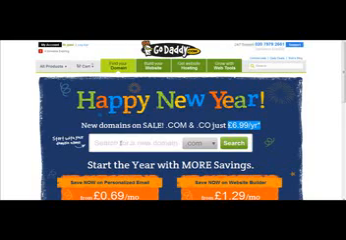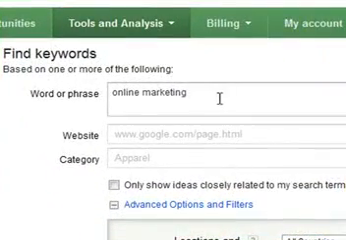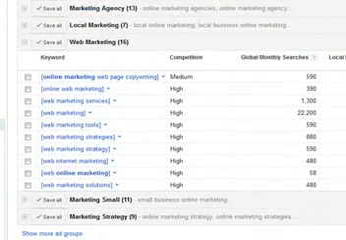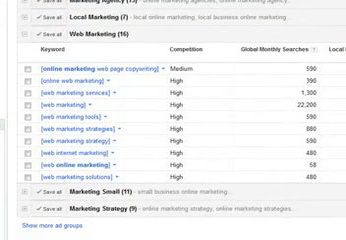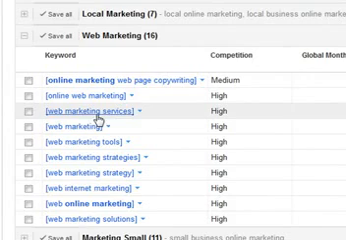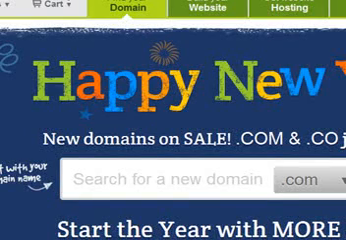So I've done a bit of Google keyword tool research, and I was actually looking for the keyword online marketing, and what happened was that it brought up a number of results here, and the one that appealed to me was this one, web marketing services. So I thought I'd use that keyword web marketing services in the domain name, so I could have webmarketingservices.com or something like that. So now if I come into GoDaddy and I actually search for that term,